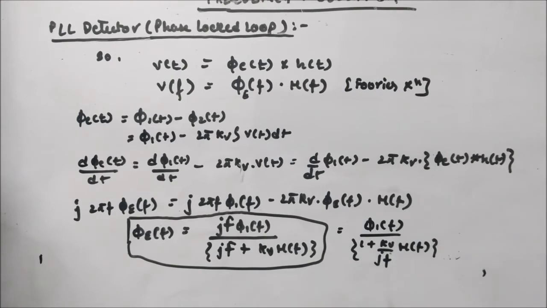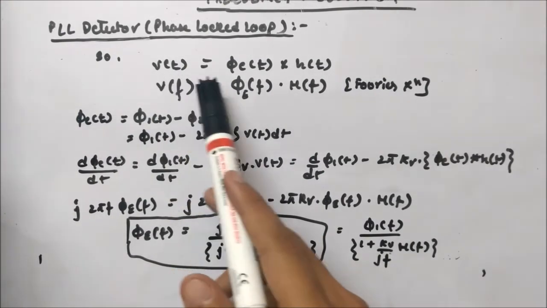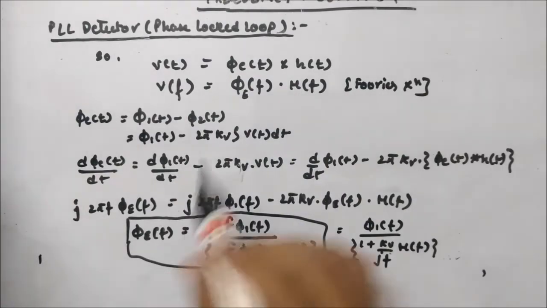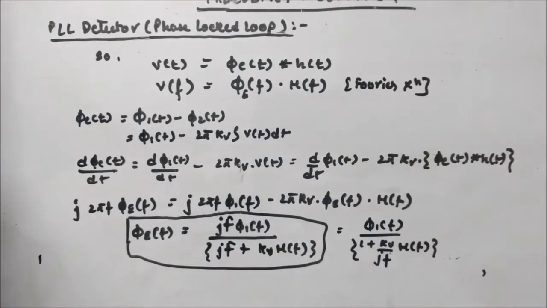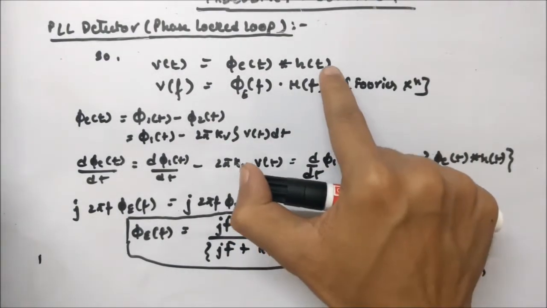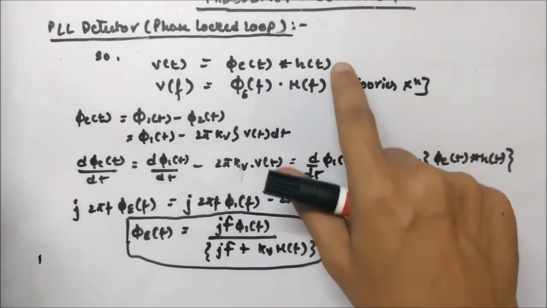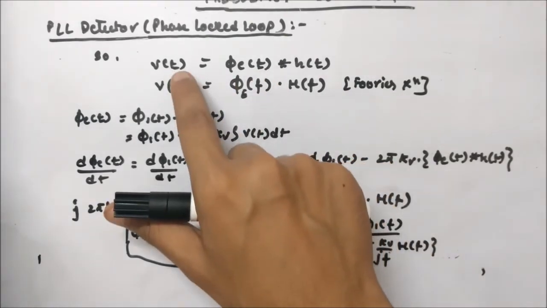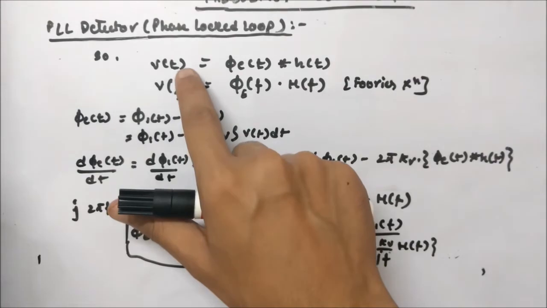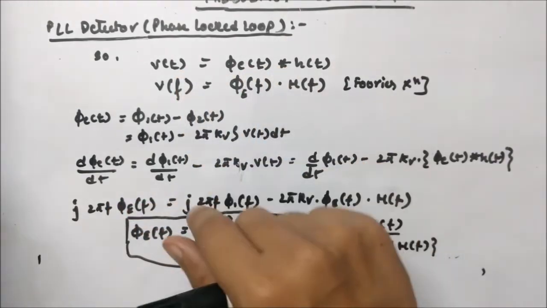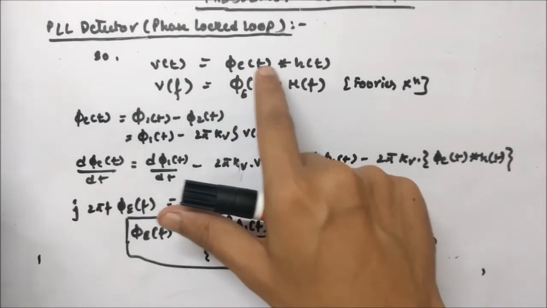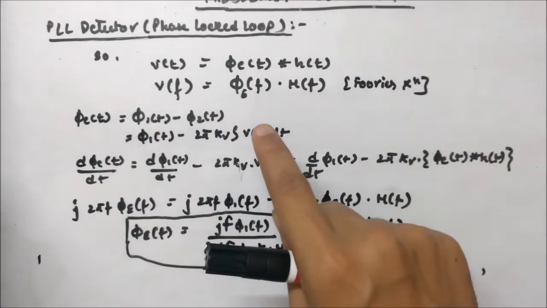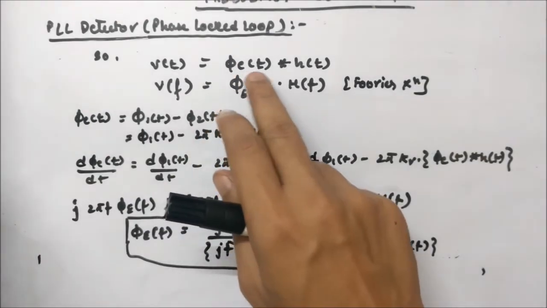Now moving on, we have v(t) equal to phi e(t) convolved with h(t), where h(t) is the response of the low pass filter, phi e(t) is what we get from the multiplier output, and this is the output of the low pass filter. So it is related in this fashion. Now with phi e(t) there was AC AV divided by 2 and a minus sign; they are constants and can be removed by an amplifier. So we take phi e(t).